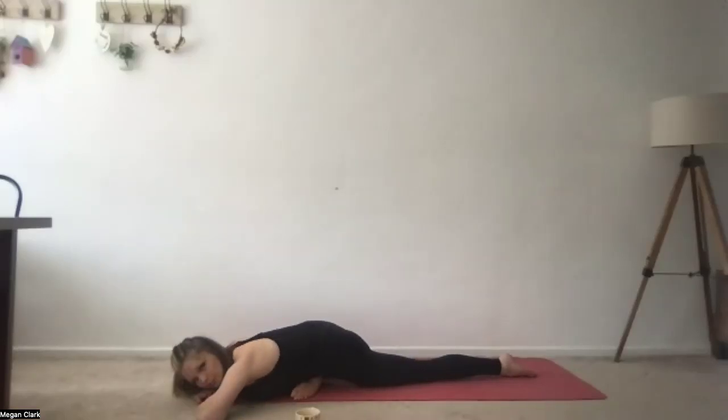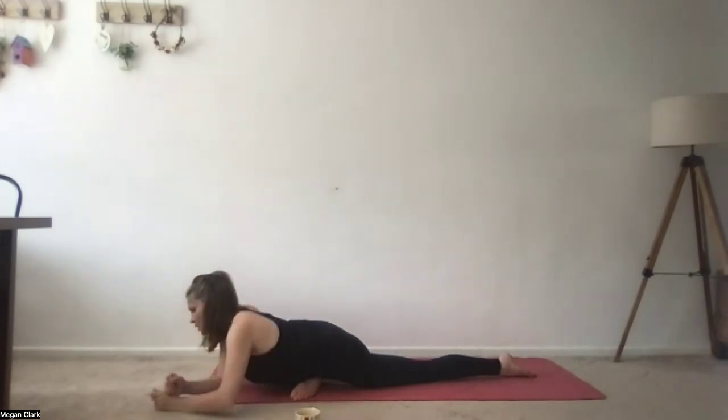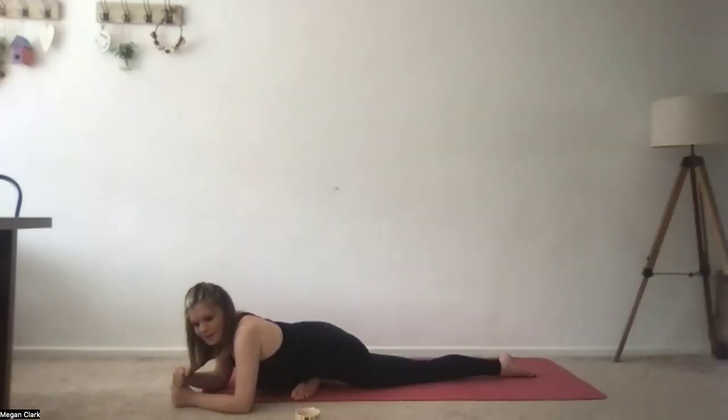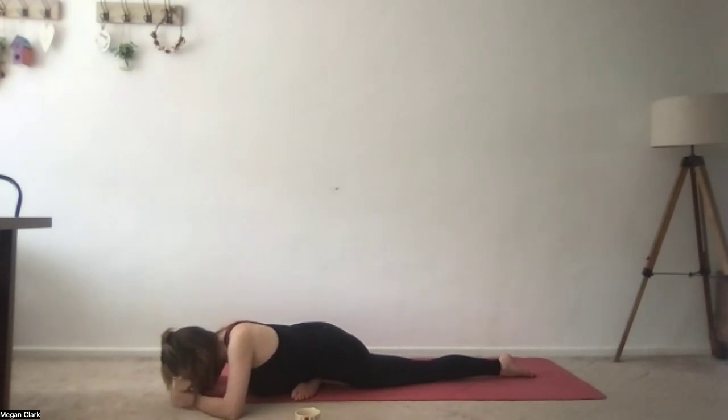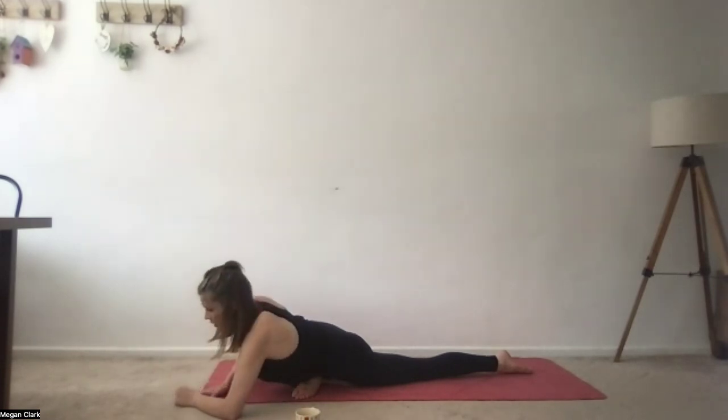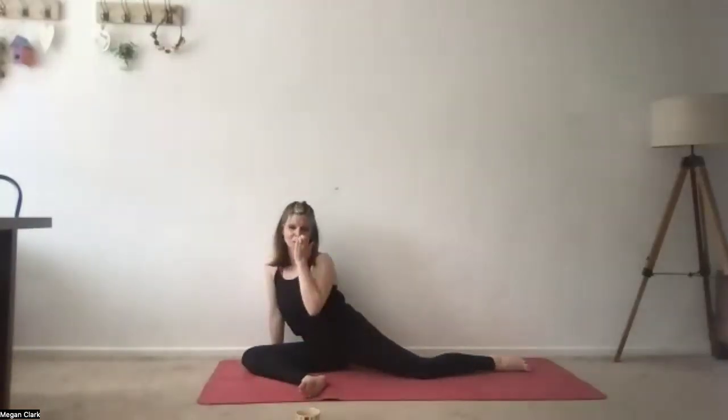Breathing in and breathing out. Allow the chest to soften down into a place that feels comfortable. Closing the eyes here wherever you are if you like. And just surrendering. Breathe in, nice deep breaths. Inhale and exhale. 3, 2, and 1. Inhale, slowly begin to push the body up, rotate the body over and swing the leg around the